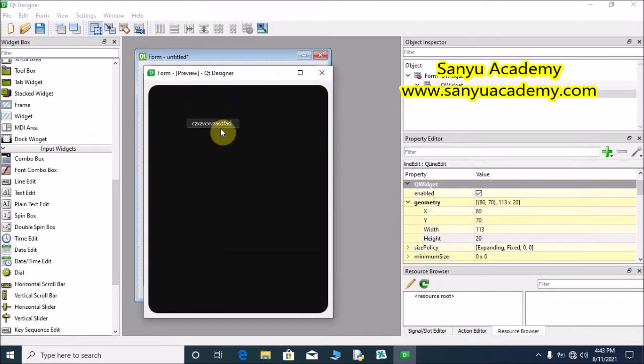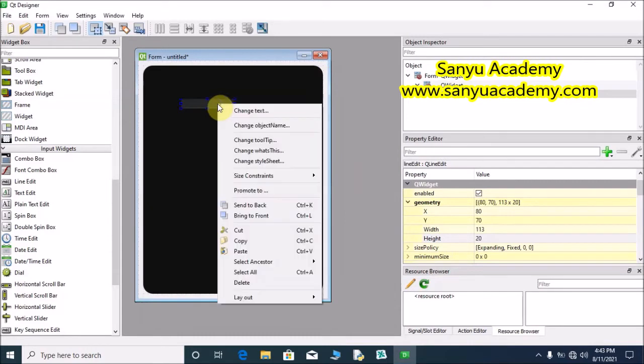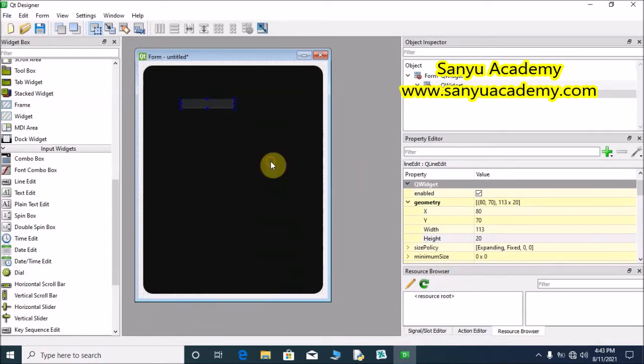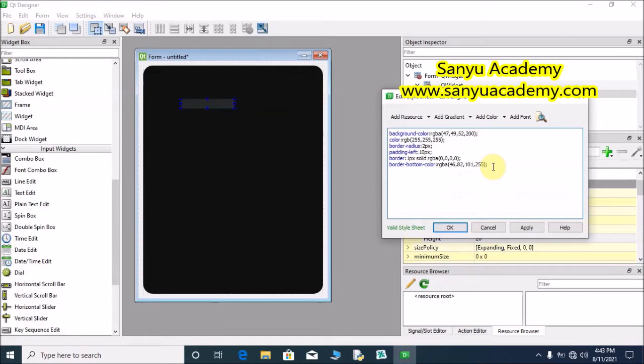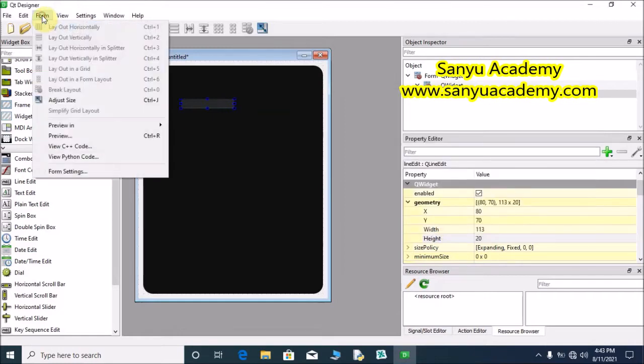We can adjust the height in the bottom of this text box. So for that, right click and select the change style sheet, padding-bottom: 3px; give OK. Now select the form and preview.